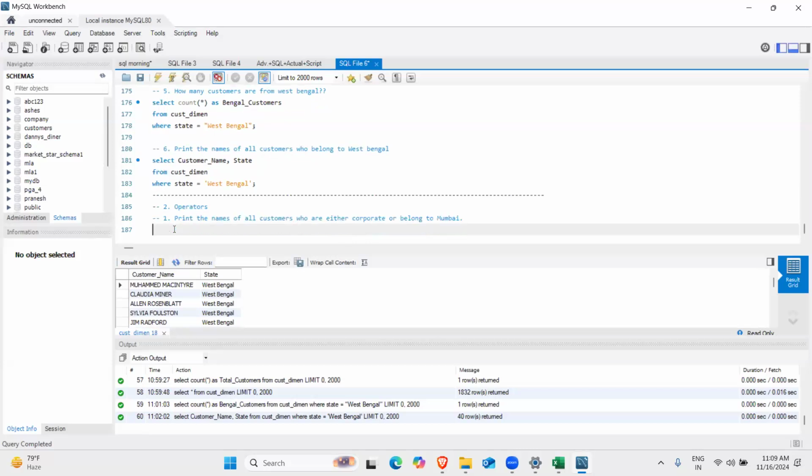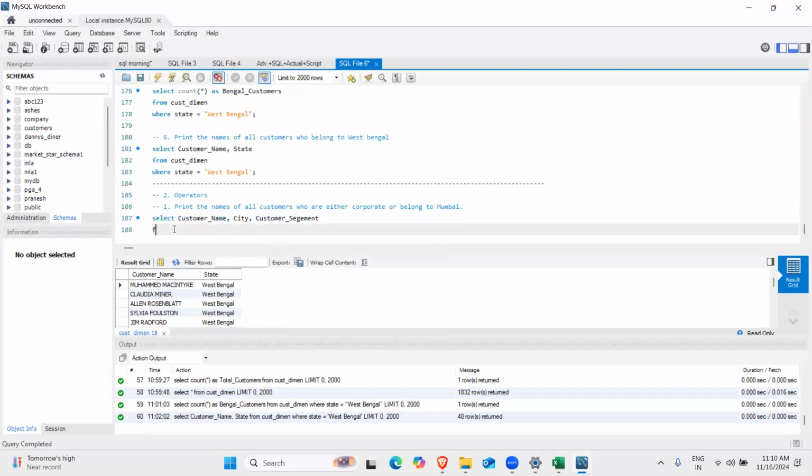Print the names of all the customers who are either corporate or belong to Mumbai. Now, how can you do this? You'll write select customer_name, city, customer_segment from